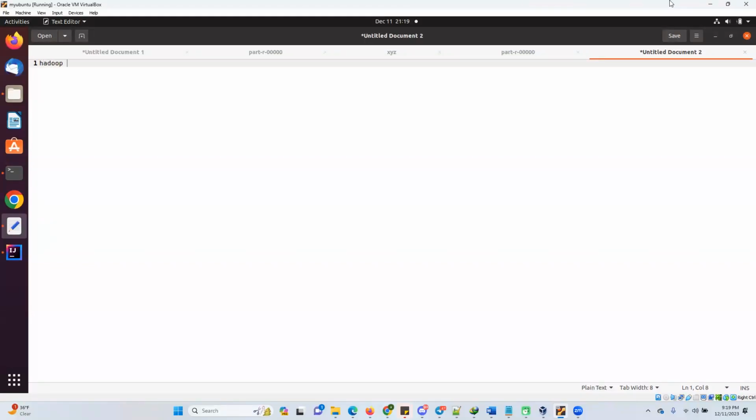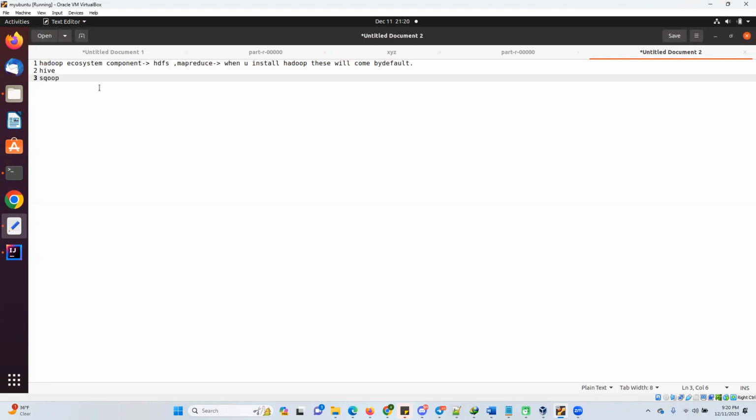So when we talk about the Hadoop ecosystem components, we have the two core components, HDFS and MapReduce, that will come by default when you install Hadoop. But when you're going for the other ecosystem components like Hive, Sqoop, you need to install